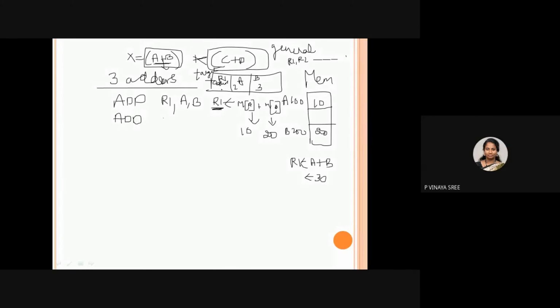Next I need to use another general purpose register, R2. Why? Because I cannot take R1. In R1 we have A plus B, the result 30, stored. If I take R1 again, the A plus B value will be lost. So I am taking one more register, R2. We need to go to C and go to D to get the operation. So the mnemonics will be,